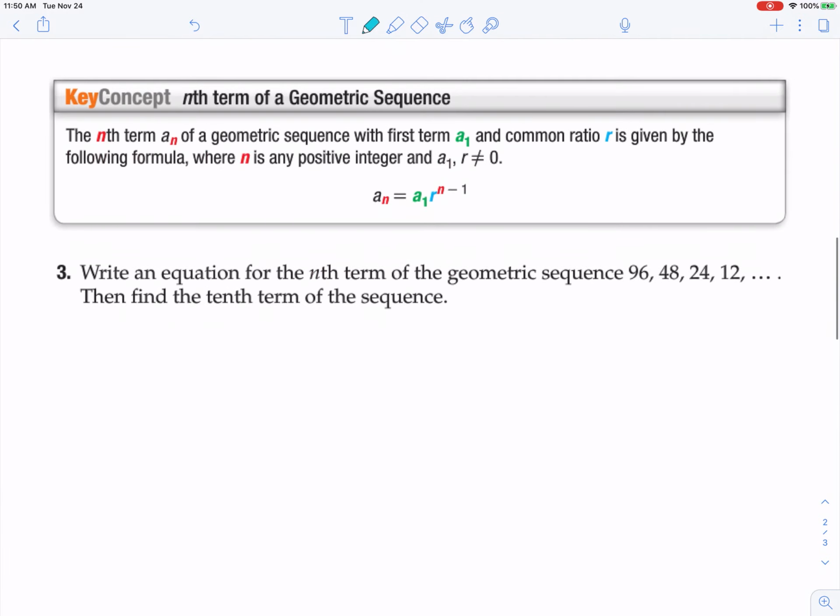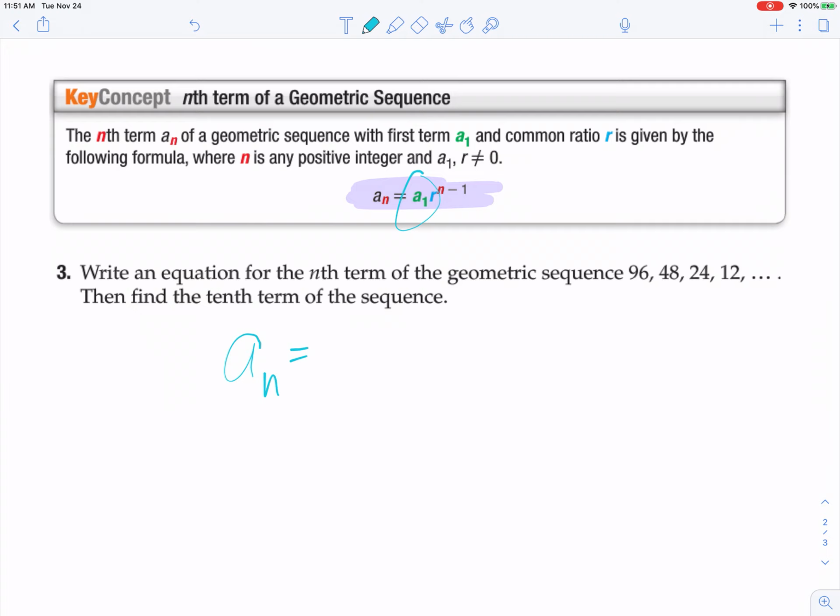So let's write an equation. You're going to love this because it's so easy. There's literally no math except for finding the common ratio. Here's the formula you're going to use. Again, A1, just like last time with arithmetic sequences, A1 is the first term and R is the ratio. So here's what you're going to do. A sub n